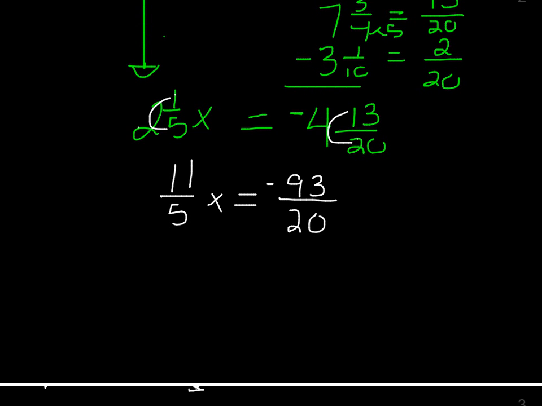So now what I need to do, remember I'm bringing that, make sure that negative follows it because that's important. To get rid of the 11 over 5x, I'm going to multiply by the reciprocal. So I'm going to say times 5 over